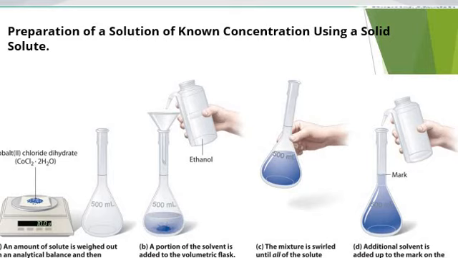Once it is dissolved completely in the solvent, the volume of the solution can be brought up to the final volume. As indicated, there is a mark, a black line in the neck of the flask. In this case, the total volume is 500 ml. There are several types of volumetric flasks available in the market, and they are present in different sizes to accommodate different solution volumes.